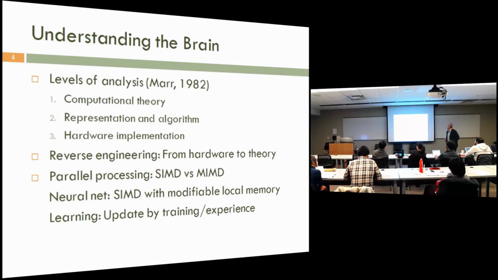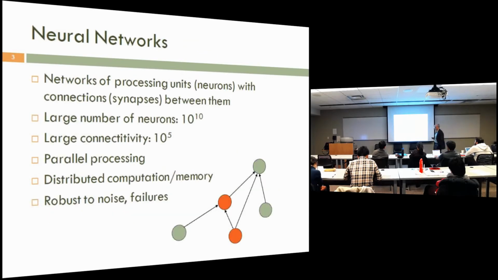Okay. Let me talk a little bit about McCulloch and Pitts. So what is a linear threshold element? This is basically that threshold function that I described before. So what is a linear threshold function? You have a weighted sum of the inputs. If that weighted sum is below a certain threshold, then the neuron is not excited. If that weighted sum exceeds a predefined threshold, then that neuron changes from the unexcited condition to